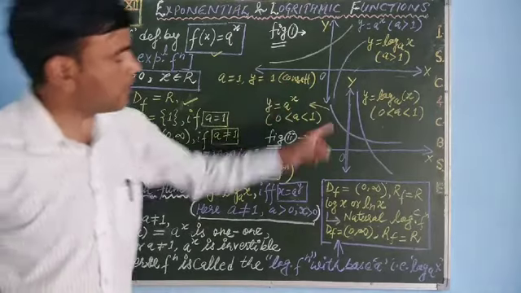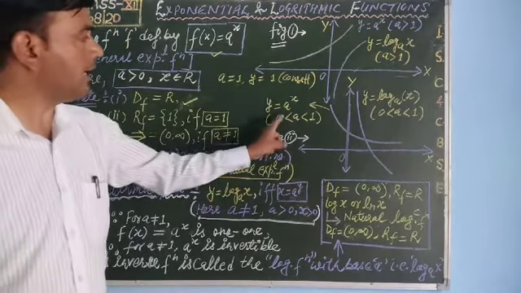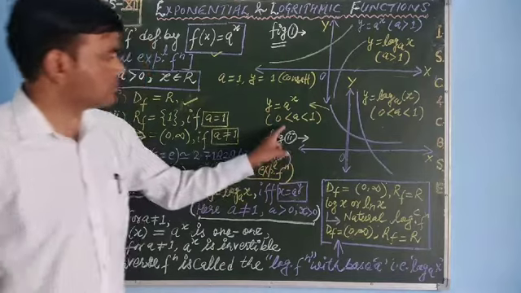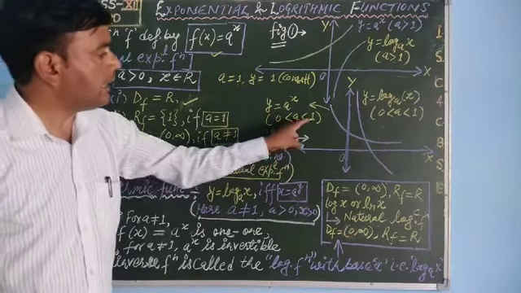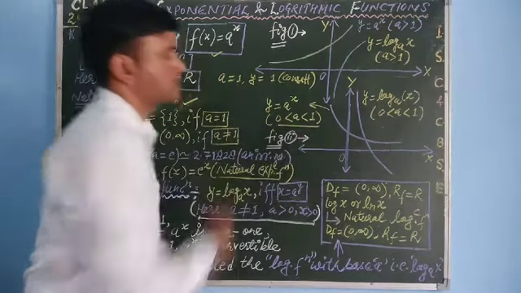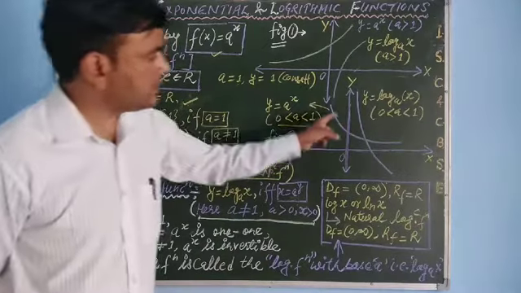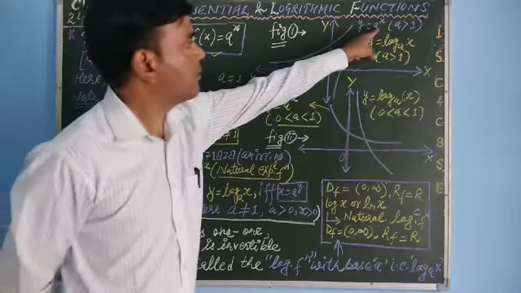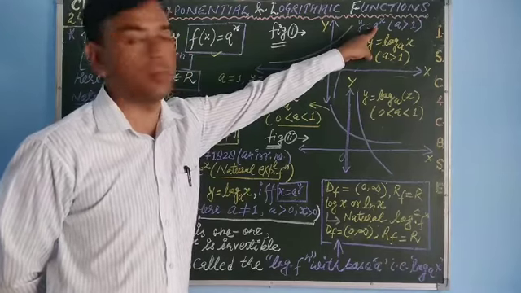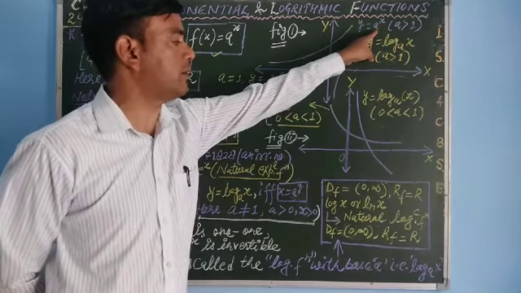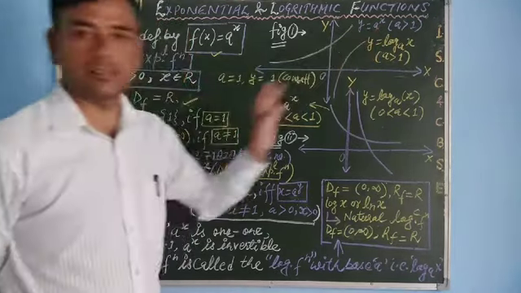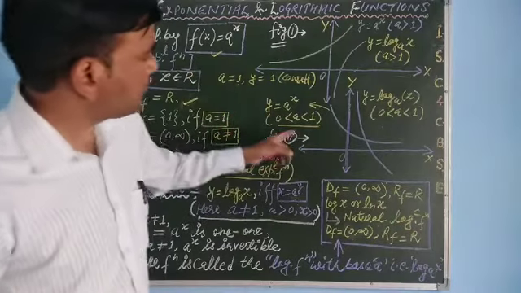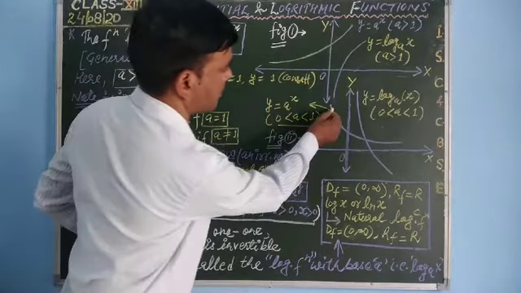Now in the second figure you can see the case when a is not equal to 1 and a is less than 1. Here a is less than 1, it means you can easily see here, if you put a < 1, it will be some decimal number and a power of some decimal number is always a lesser term. So you can see from this figure, this is the graph of this function.